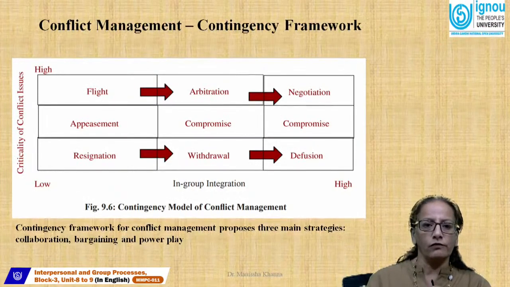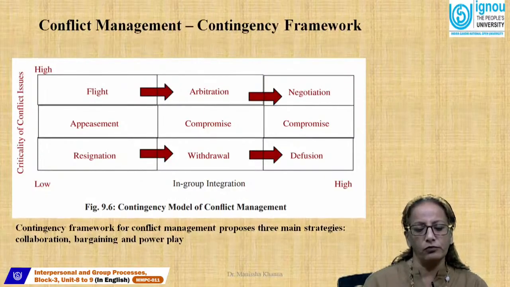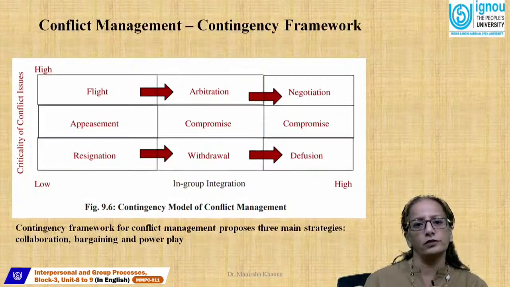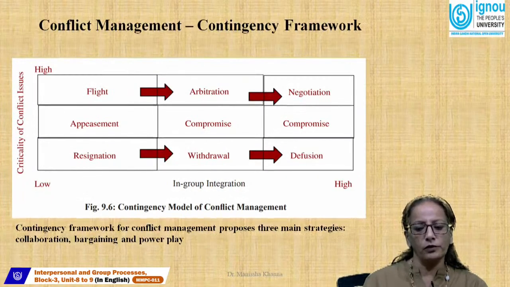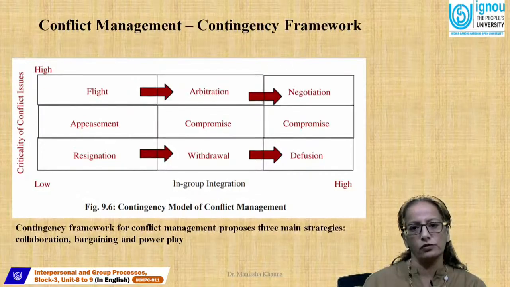If the conflict is very high, then it is on a flight mode, it leads to arbitration, and finally it gets into the negotiation. So the overall in-group integration in case of high conflict is negotiation, which is also the highest way of approaching